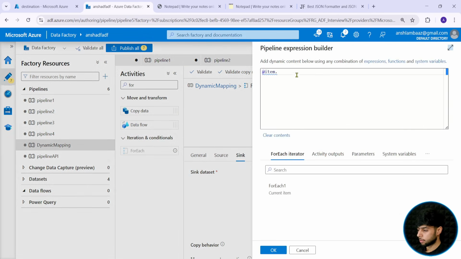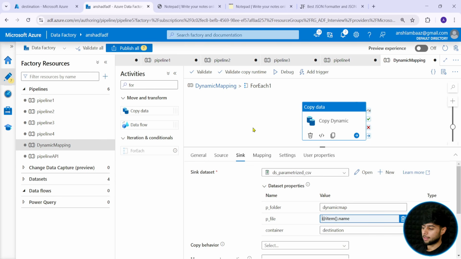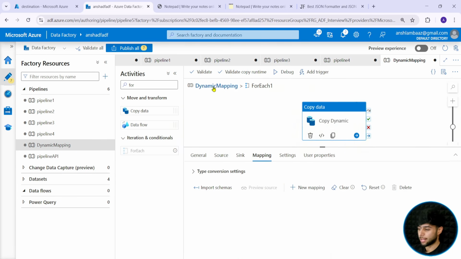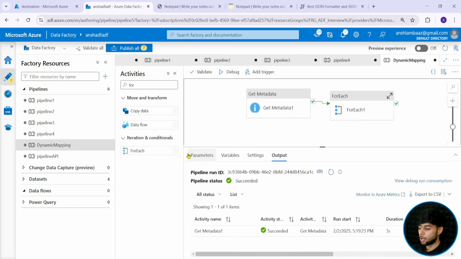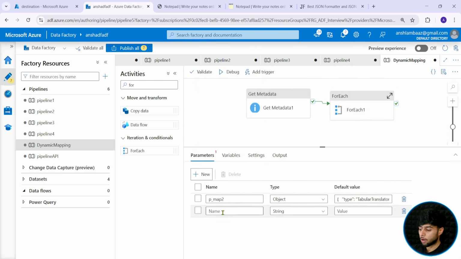Oops. Item dot name. Perfect. Now is the thing, because we do not need to apply it like this. Now I will tell you the main game. So now I need to create one more parameter and I will simply say p map1, and this map1 will